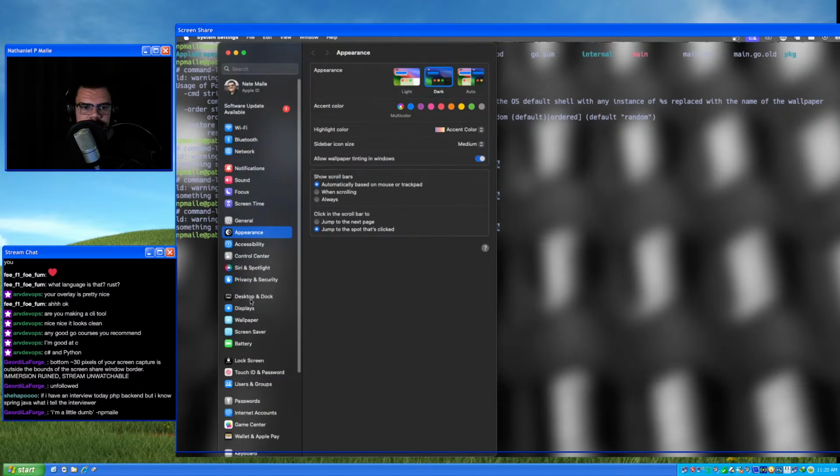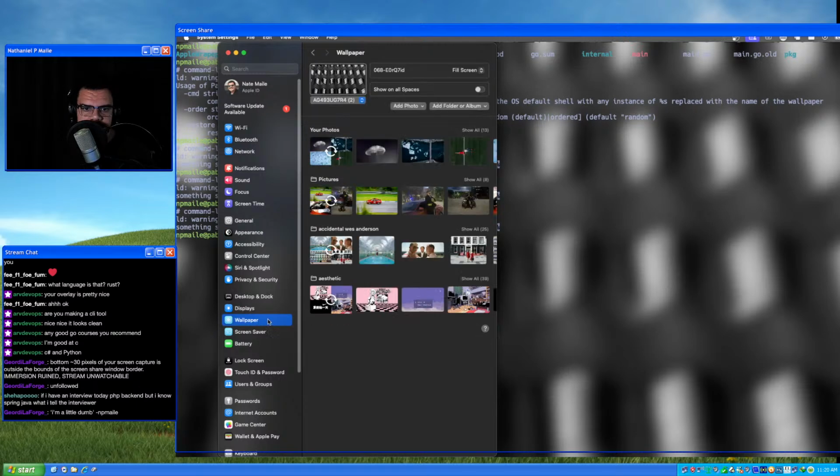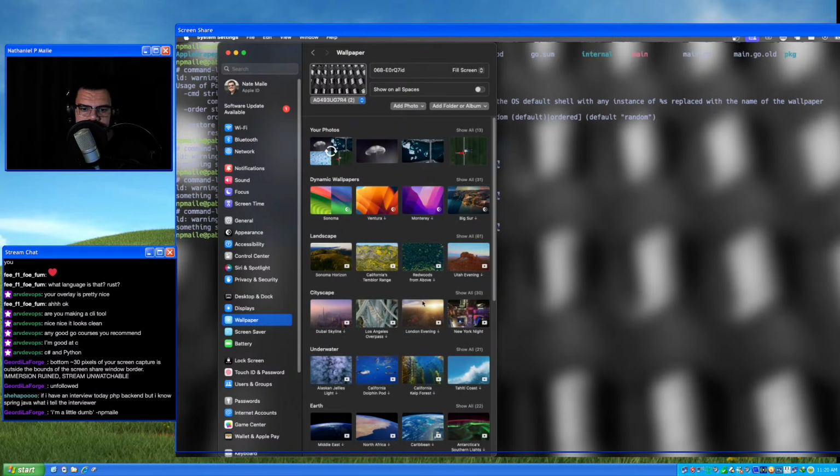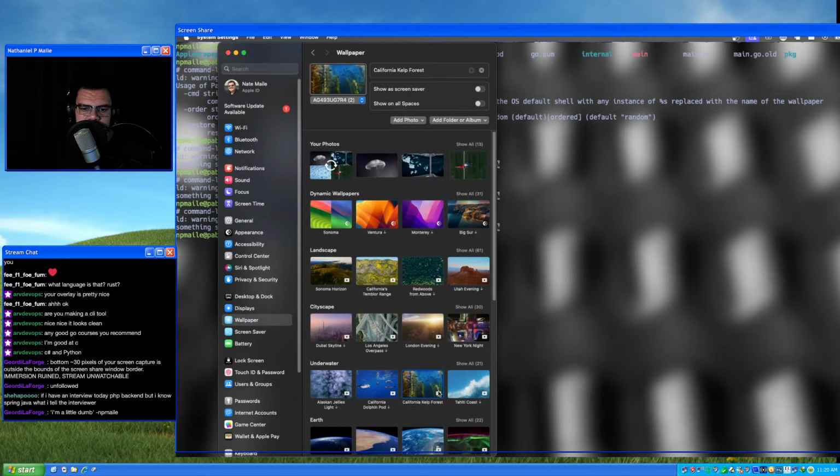So let's use macOS to change my wallpaper to, I don't know, this California kelp forest looks kind of neat. Don't know why I had to switch it to a wallpaper that downloads a big HEIF image.